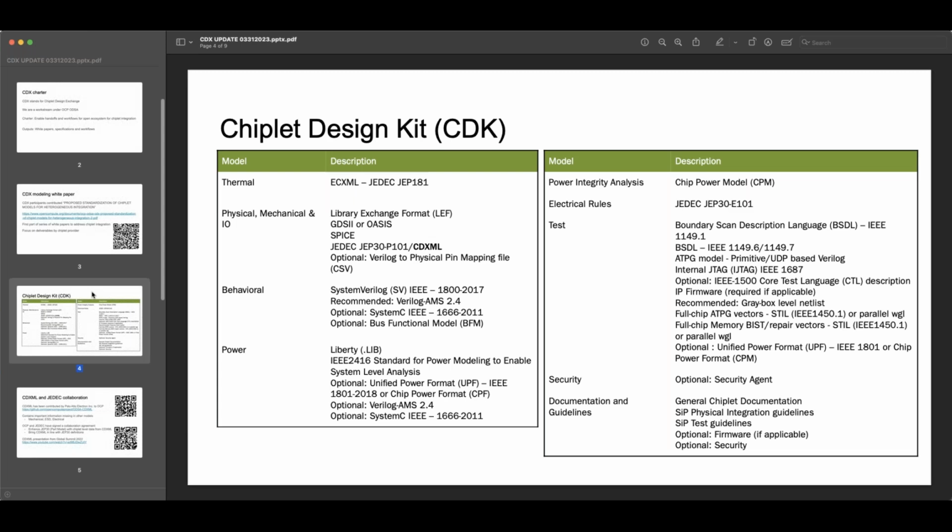So is there an overlap between, let's say, the physical, mechanical, and IO? You have 5 model types here. Is there an overlap between them today, or do they all do complementary things? They are all complementary things. So you could have both a library exchange format model and a JEDEC JEP30 model for something, and a separate Verilog to physical pin.